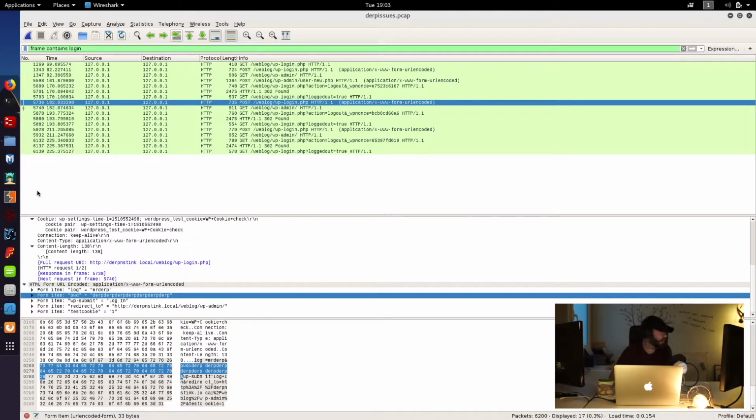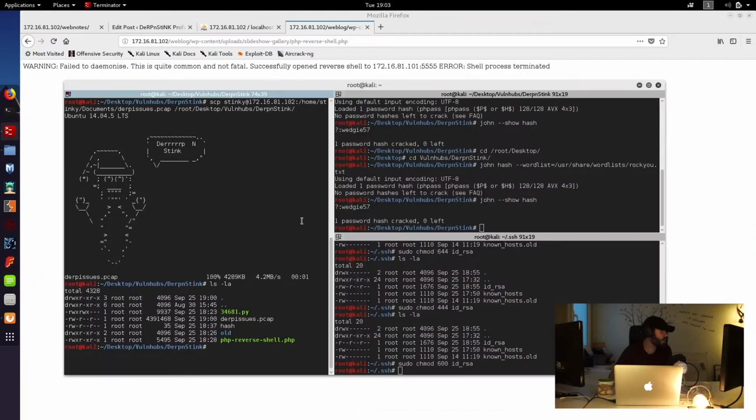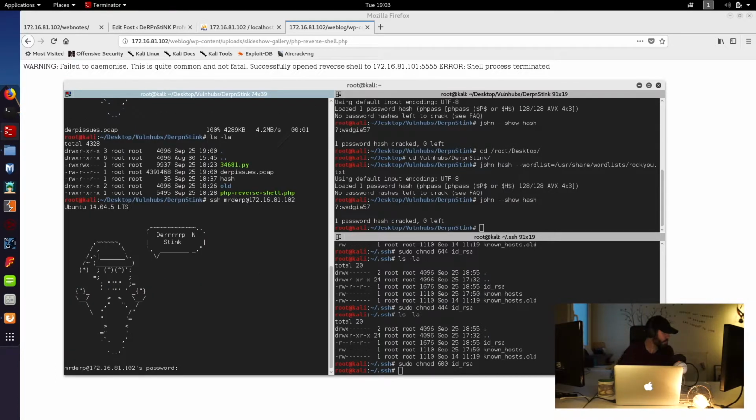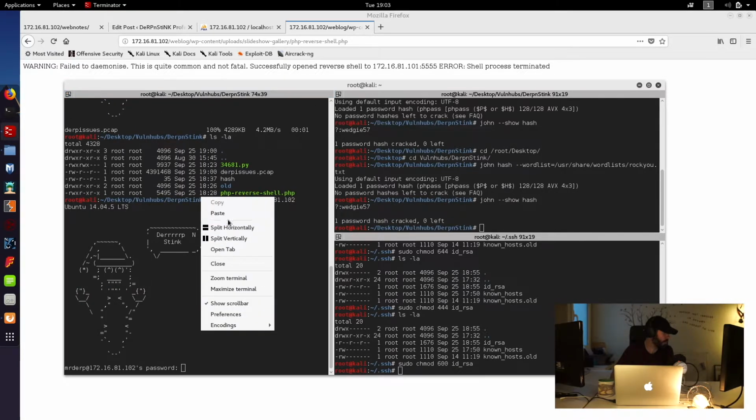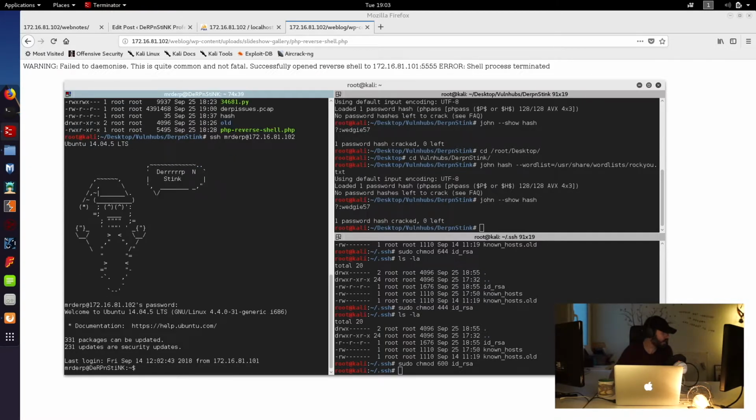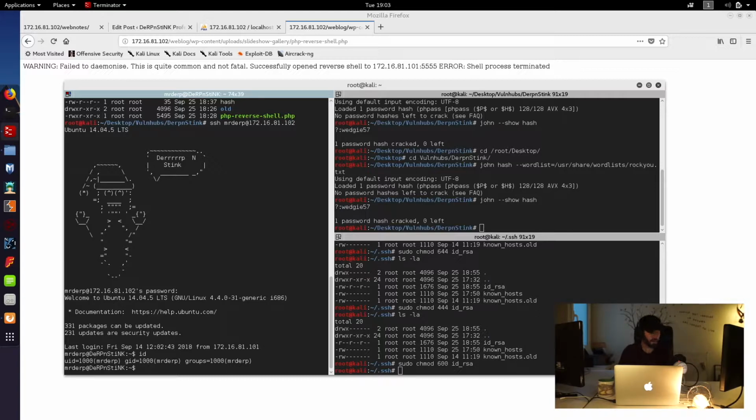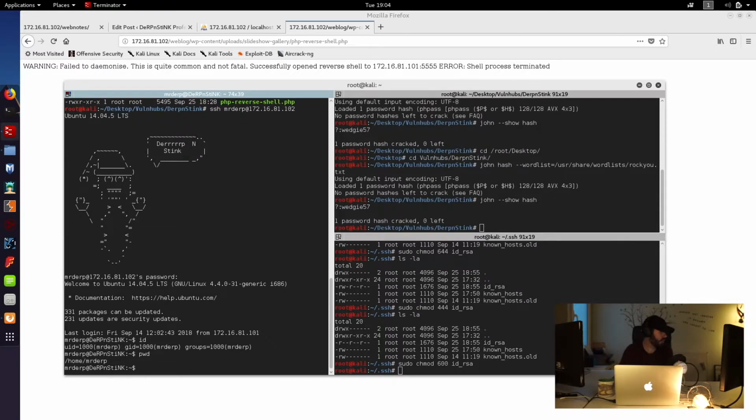And I'm now going to go ahead and try my luck for Mr. Derp over SSH. So let's change our SSH user now to Mr. Derp. And I'm going to paste in that very long Derp password. Great. So we now have access as the user Mr. Derp to the system. So again, I'm going to very quickly